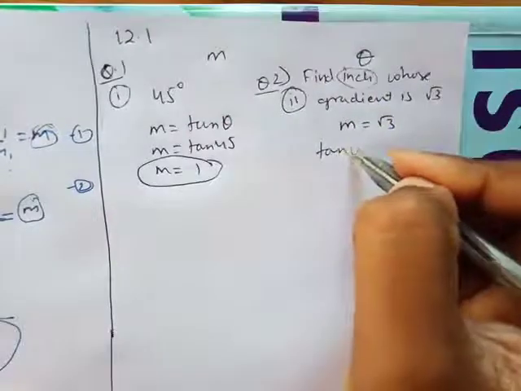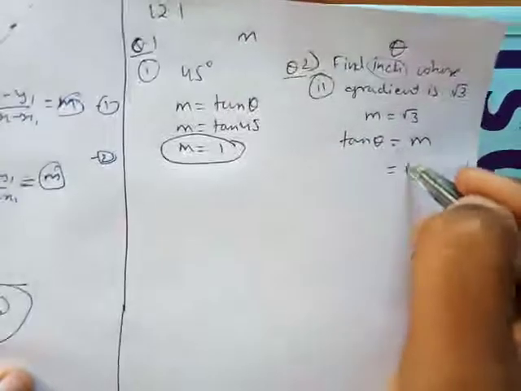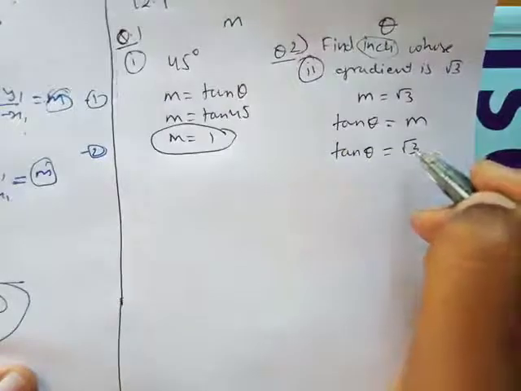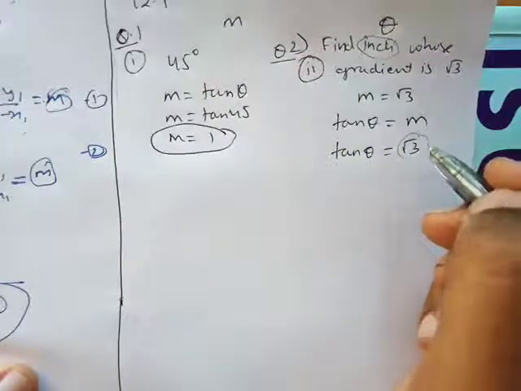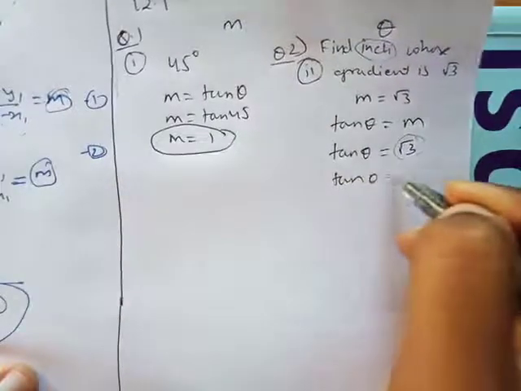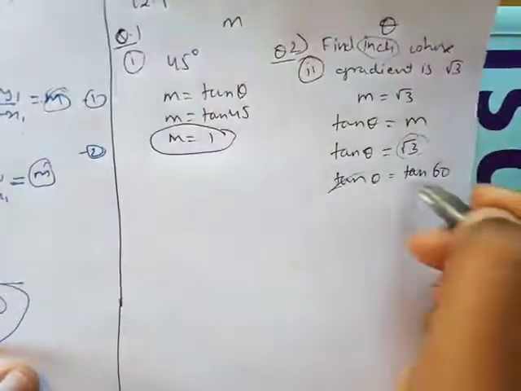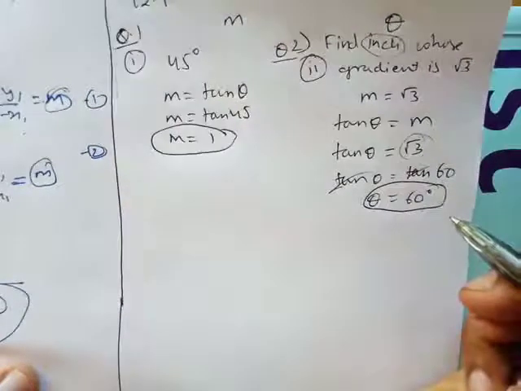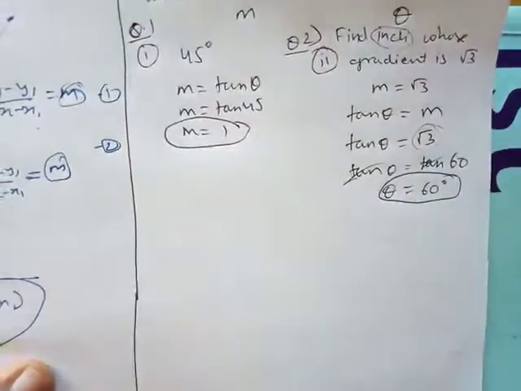So I'll just put the formula that I know. So they have given me m. M is √3. So tan theta. Now think about a trigonometric ratio, when does √3 come in the table of tan? So tan theta is equals to tan 60, as √3 comes in tan 60, so tan and tan get cancelled out, so theta is equals to 60 degree. So that's my answer. Okay, are you guys getting it?